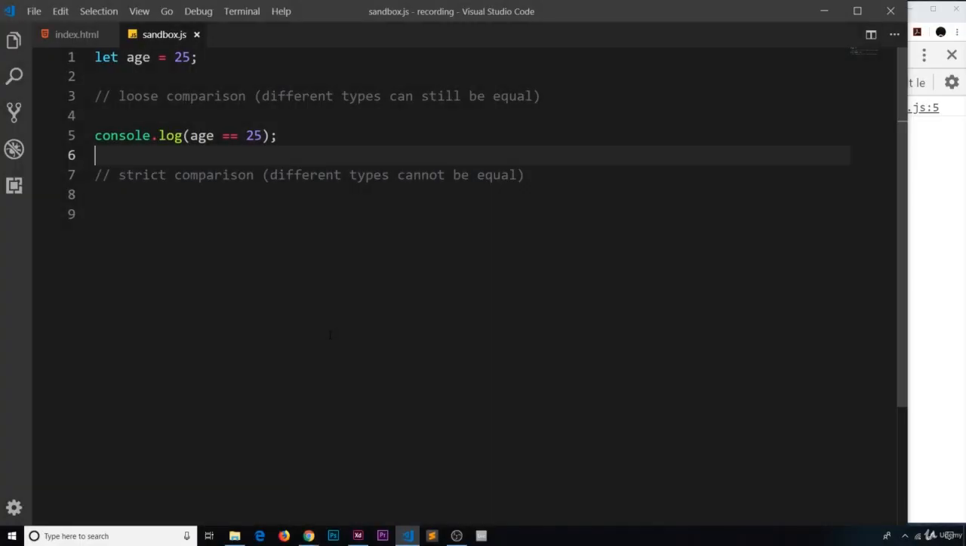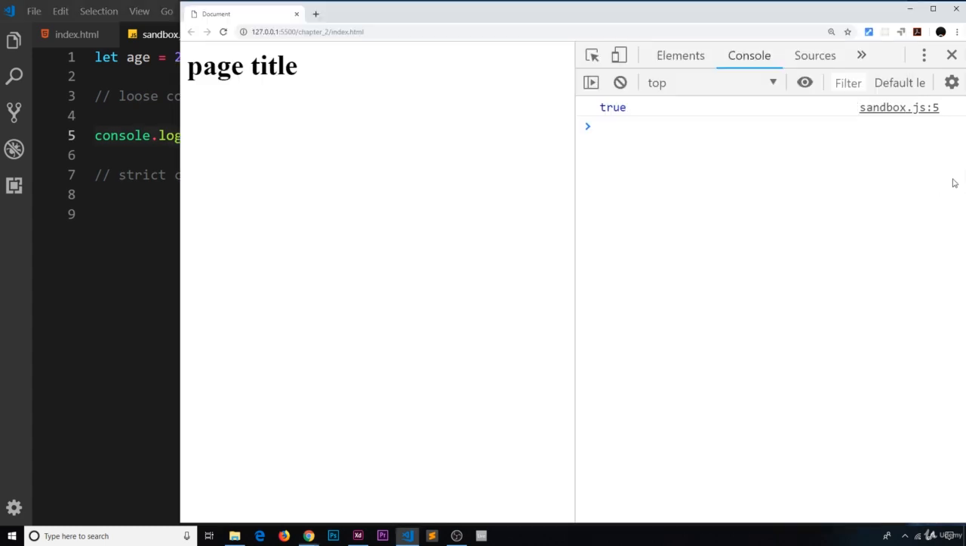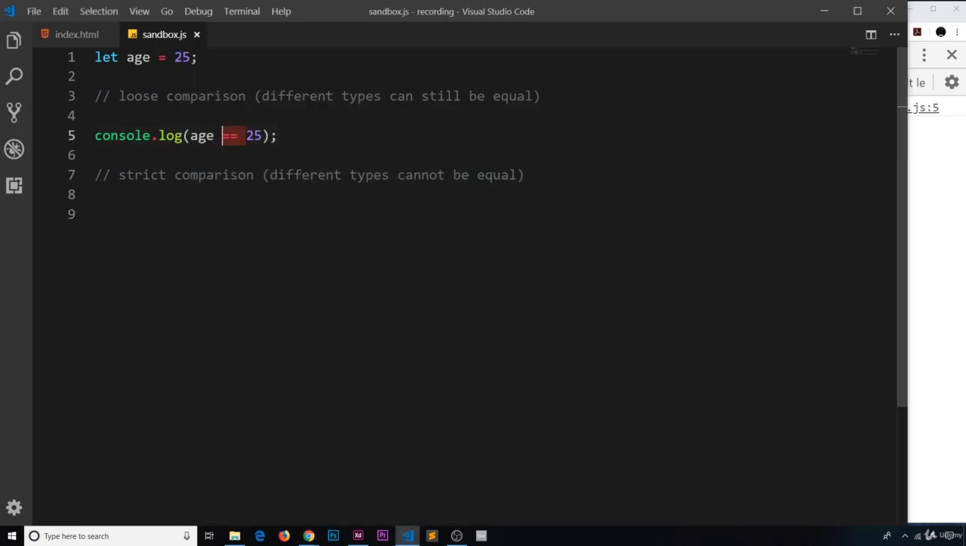Alright then my friends, so in the last video we saw that we could compare different things, and one of those comparisons was this equality right here. So we used double equals to see if two things were the same. So we have a variable age, we've set it to 25, and we're checking if that equals 25. Now obviously this is going to return true. It does. Now this double equal sign right here, this is known as loose comparison, meaning that different types can